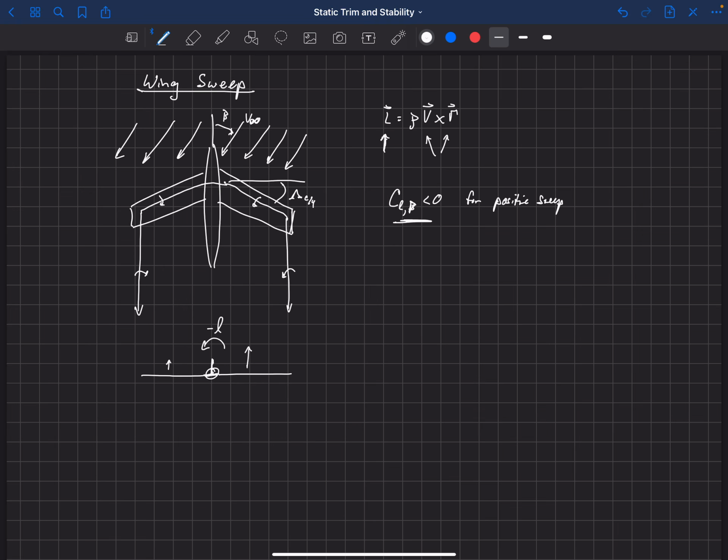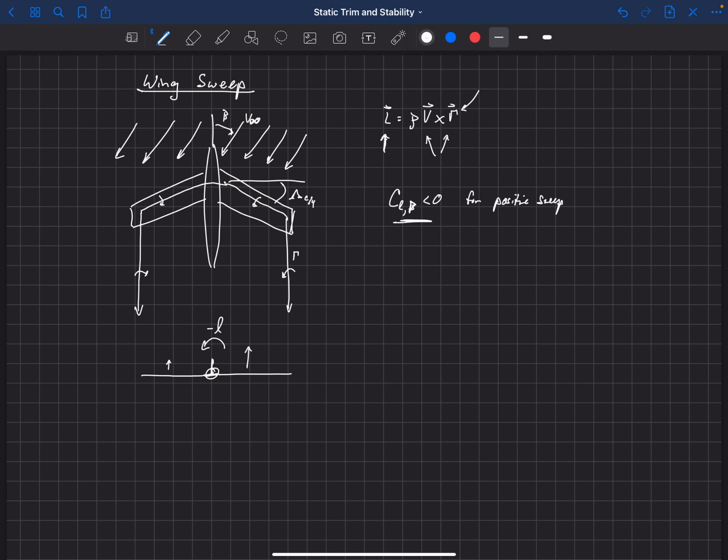Now, one thing I want to point out here is that this gamma is the vorticity strength here. And so again, that can be confusing because in the previous video, we used gamma to show the dihedral angle, which is also convention. So you just have to remember what gamma means in each of these equations. But here we're talking about the strength of the vorticity. And in the previous one, we were talking about dihedral angle.